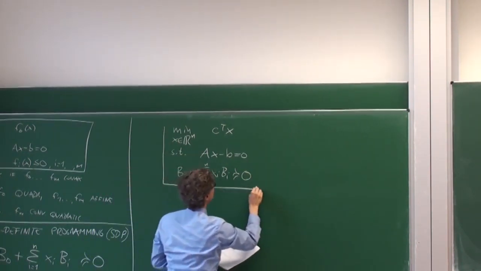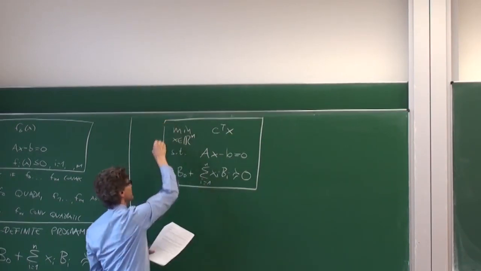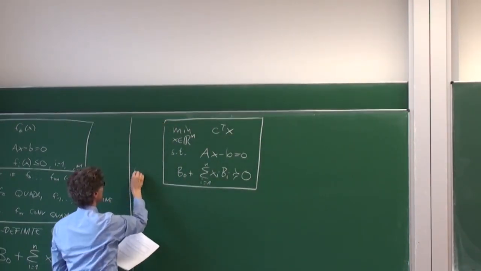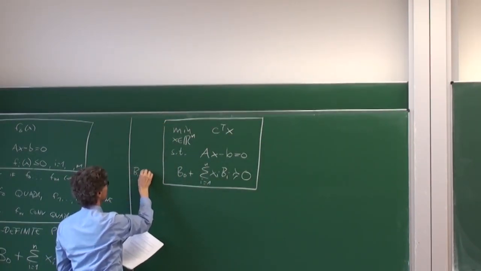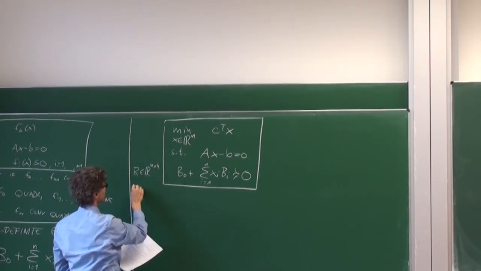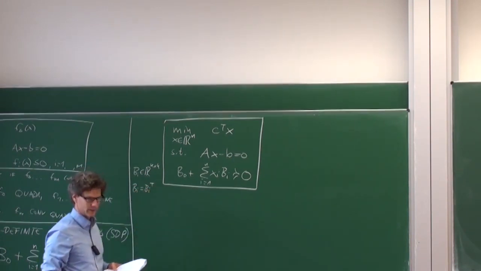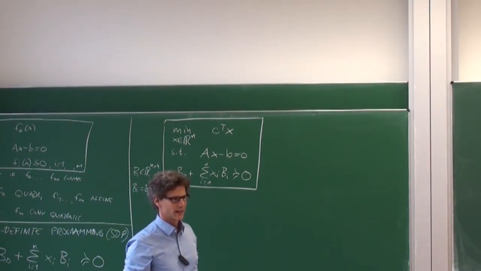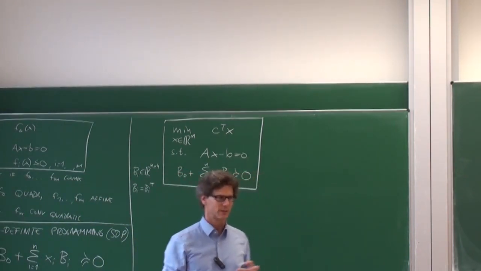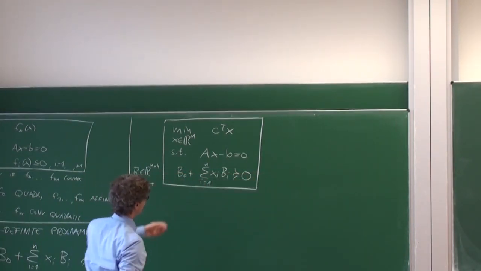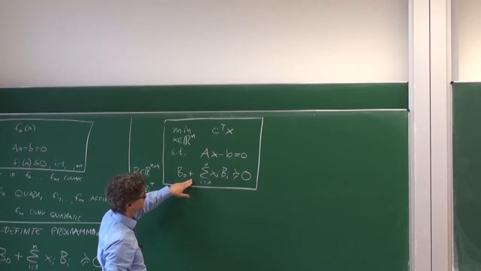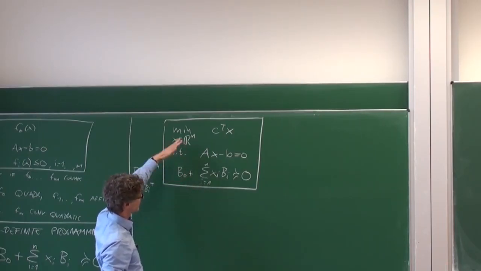And of course these matrices B, I didn't specify the dimensions, but the only thing we know is that the B_i are elements in the space R^(K×K), so K cross K matrices, and symmetric. That's the only thing we require of them. And the dimension of these B's could be incredibly large, and in fact one can formulate every SDP in this